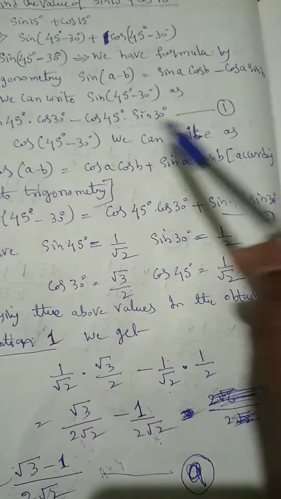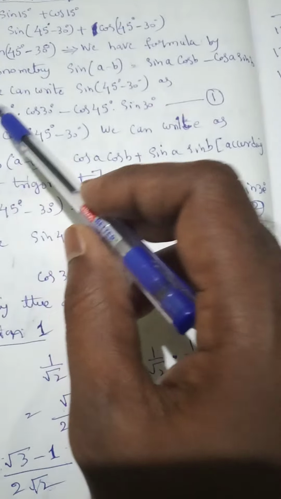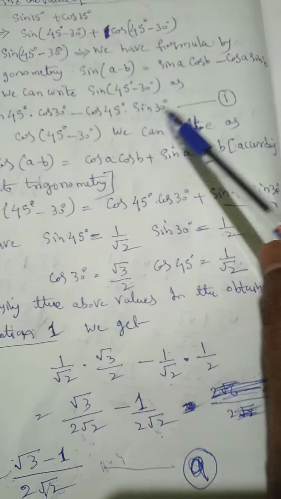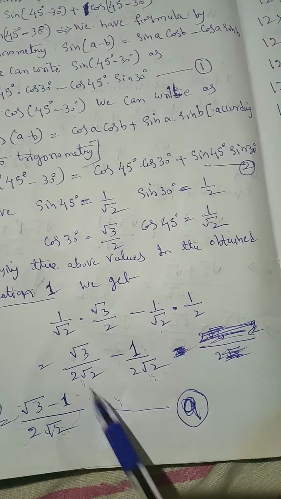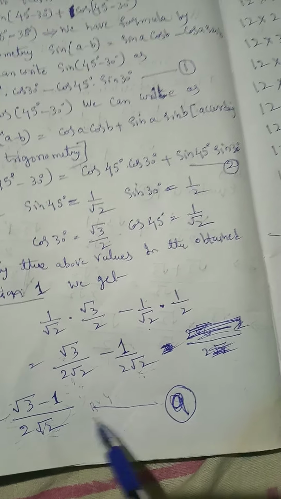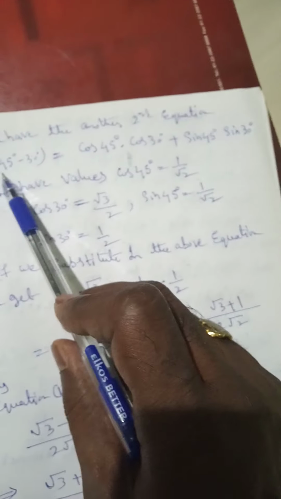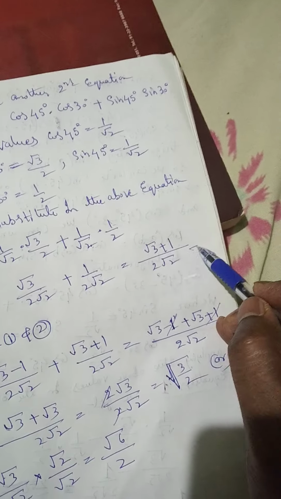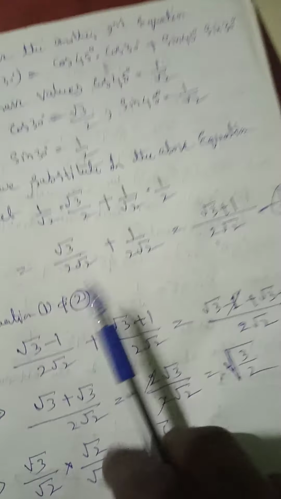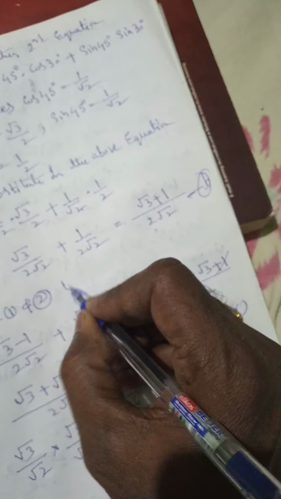By solving this equation, after substituting all the values for sin 45, cos 30, cos 45, sin 30, we got this value. By solving this first equation we got this value, so just mark it as a. Again we got the value for cos 45 minus 30, and we call this b. So by adding equations 1 and 2,